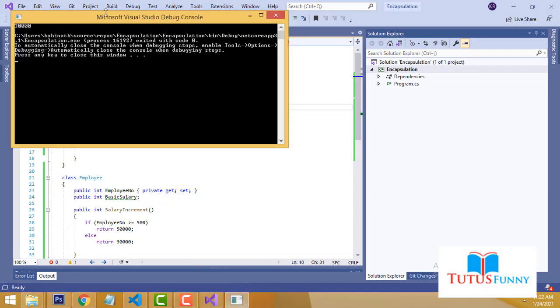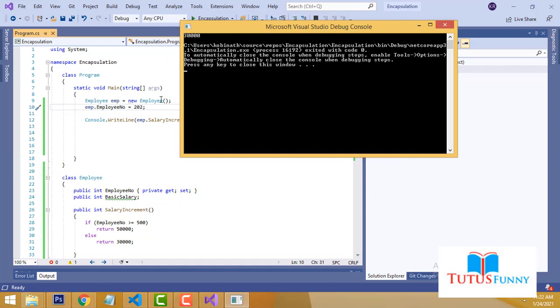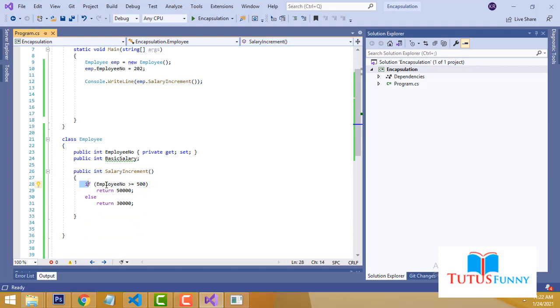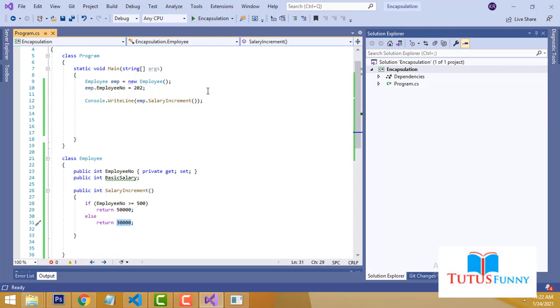It returns 30,000 because this is below 500, so this condition fails and it goes below. What is the else we are returning? 30,000 will be displayed, right? It's a simple program we wrote, very simple stuff.